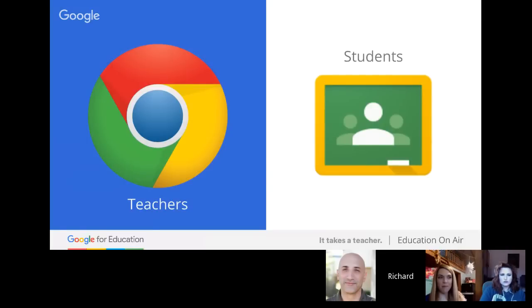What I typically recommend is that the teachers work through the Chrome app on an iPad versus the Classroom app. There's just a little bit more functionality through Chrome as opposed to the Classroom app. In particular, one of those areas would be something like the About page. And so if you look at